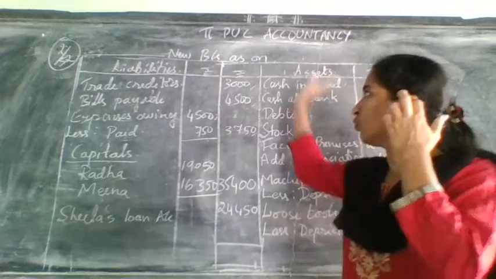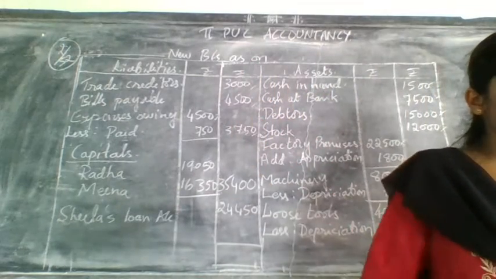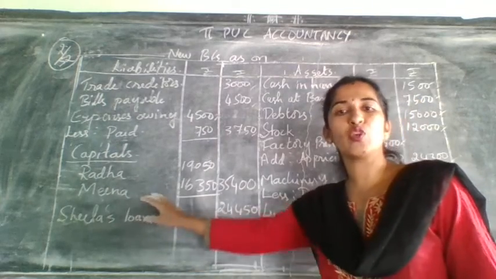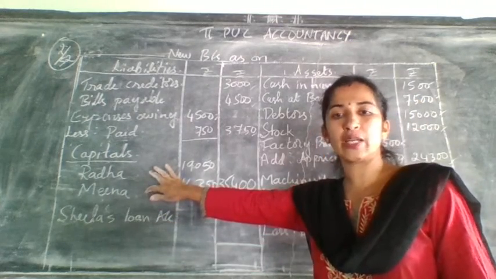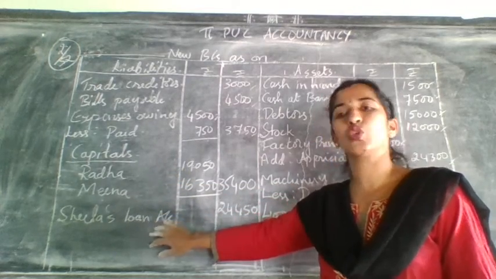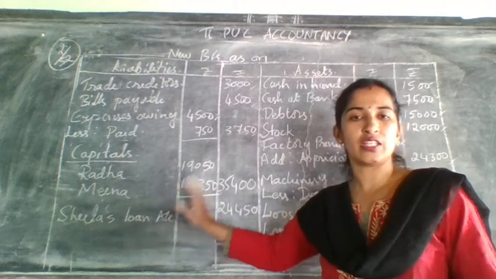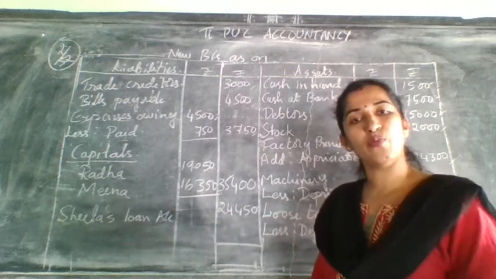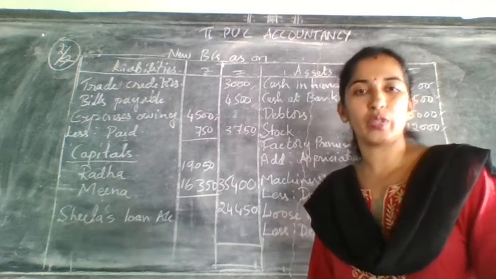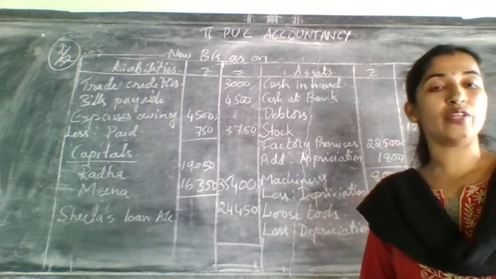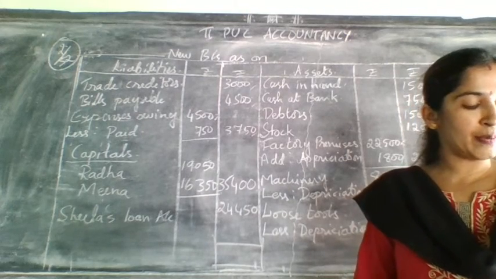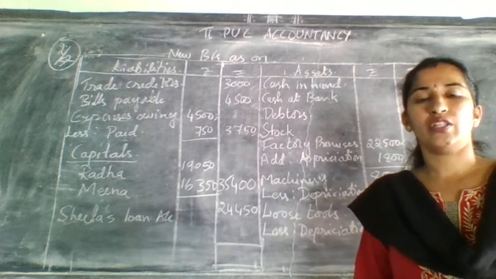Then you need to do the new balance sheet. Again, they have not given anything regarding the settlement of the retiring partner's capital, so you need to do the same. Remaining partners you need to take separately, and the retiring partner you need to transfer to the loan account and show separately in the balance sheet. Same as this problem, and that is easier than this. So that is your homework for the day. I want this problem within 2 days. Within a day you can, after watching the video, please send me that problem. Let me check whether you have done it properly or not.